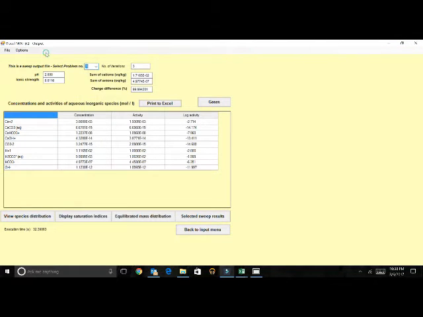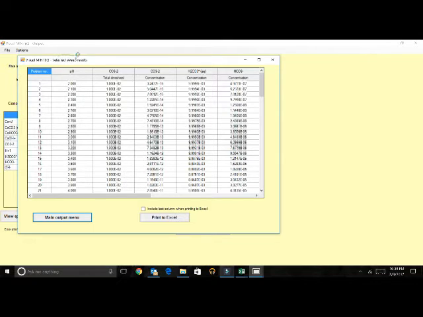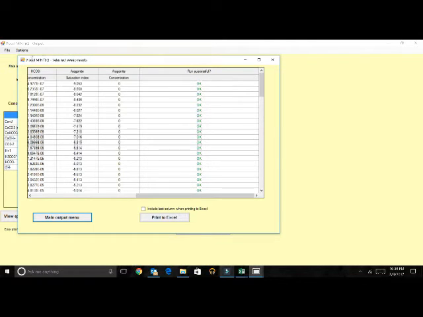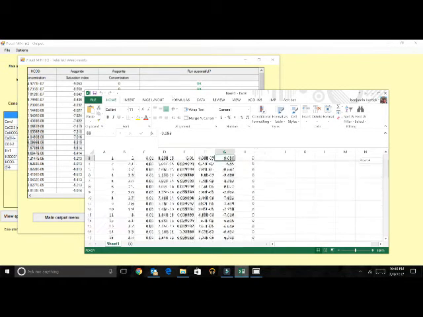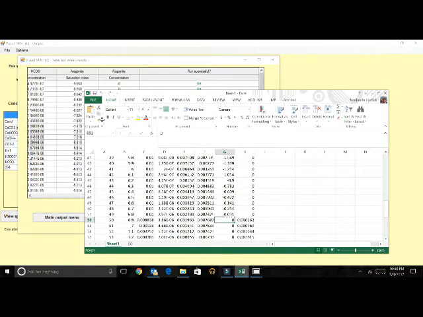One of the things we can see, we have display saturation index. So in this case, these are all the solids. Aragonite is calcium carbonate. Calcite is also calcium carbonate, and vaterite is also calcium carbonate. So one of the things to notice is there's 3 different chemical forms with the same formula, but different structures and different solubilities. Calcium carbonate with waters attached, the calcium carbonate XH2O, is a hydrated calcium carbonate that forms as an intermediate as